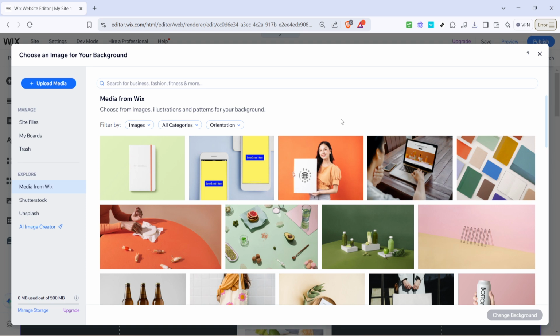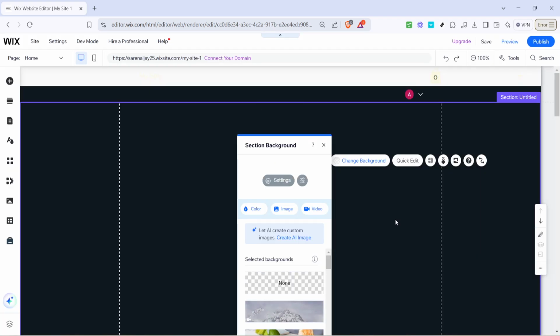When you've made up your mind, go ahead and select the image that speaks to you. It's always a great practice to preview and maybe even test a few images to see how they interact with your other site elements. Once you've made your selection from the free media options, hit select on your chosen image to move forward. With your image selected, the final step is to click on Change Background again to apply the